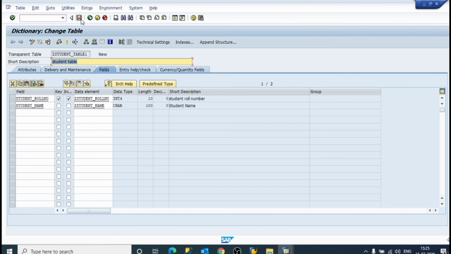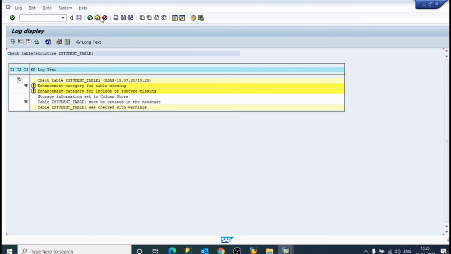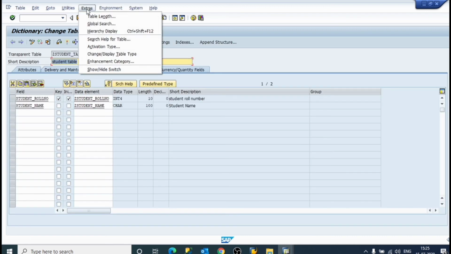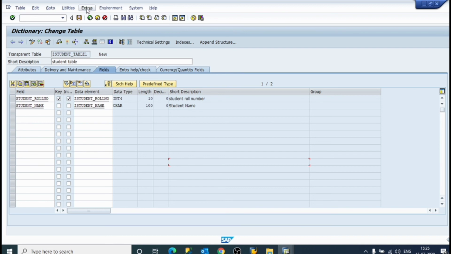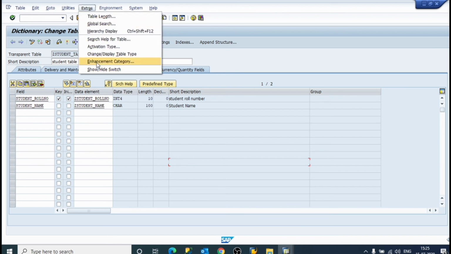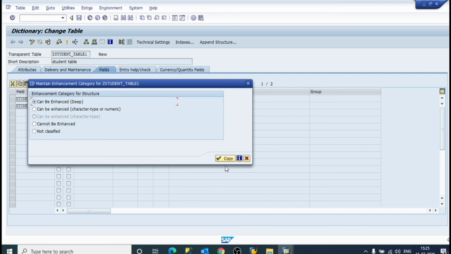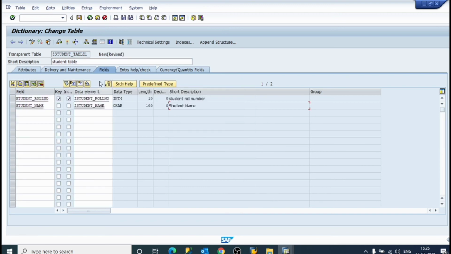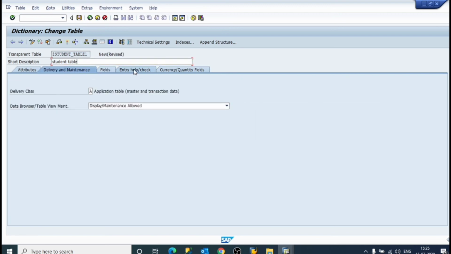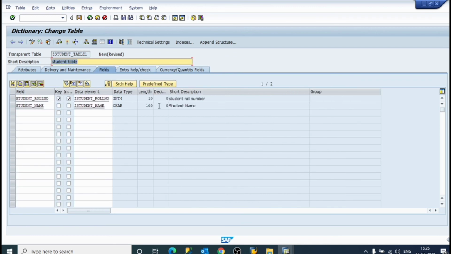Now we'll save it, check it. Enhancement category for table missing. So just extra, now extra enhancement category can be deep. Now we have created our two fields.